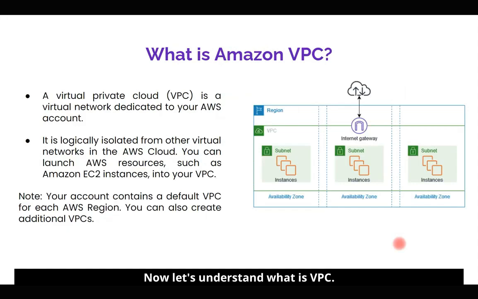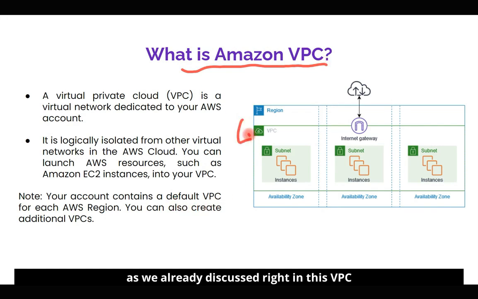Now let's understand what is VPC. As we already discussed, this VPC is a kind of virtual network which is dedicated to your AWS account. By default, whenever you create your account, you will have one VPC. It's logically isolated from other virtual networks in the AWS cloud, and we can launch our AWS resources, any